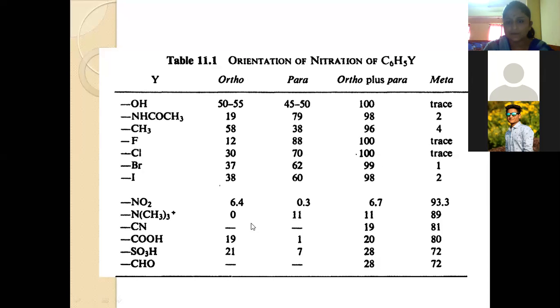But the second set of substituents are nitro, dimethylamine, cyanide, acid functionality, sulfonate and aldehyde. These react only slightly at the ortho and para positions, but in the majority of cases they are acting at